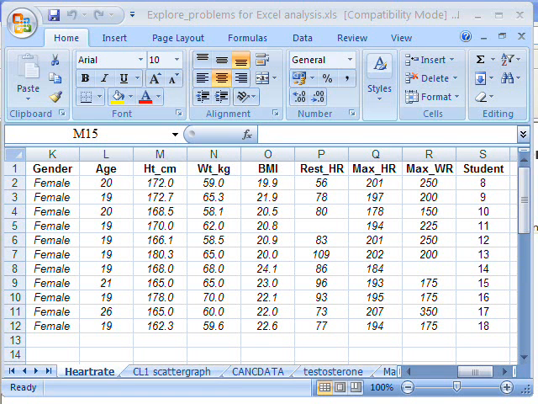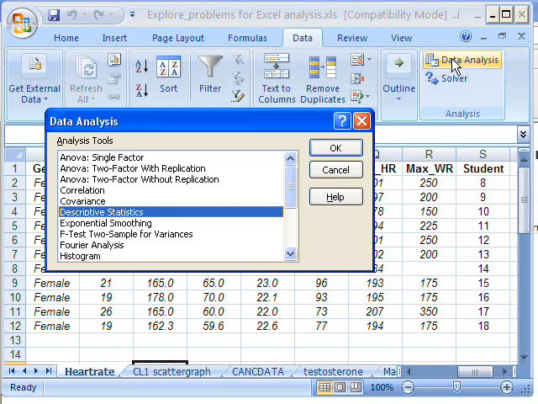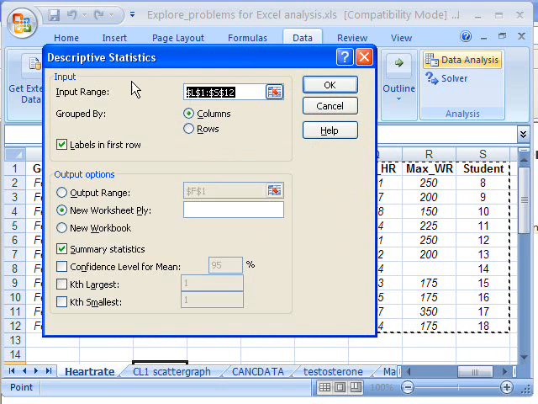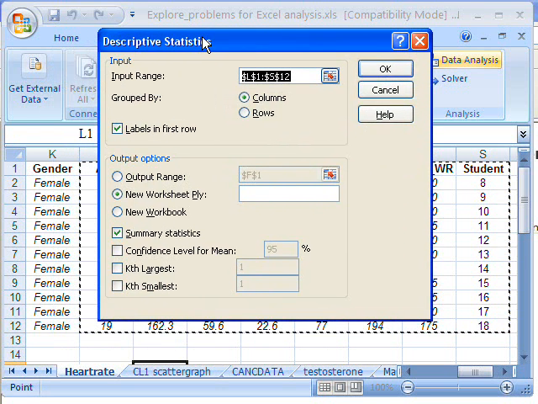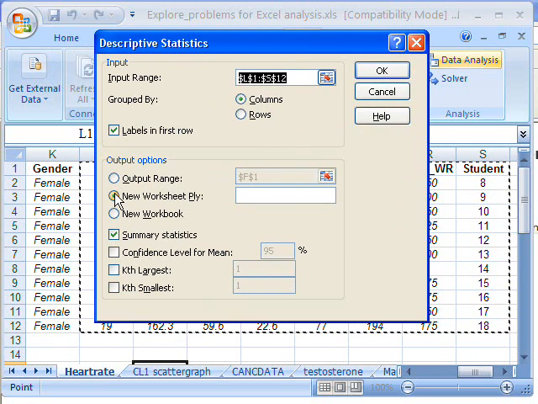I'm going to do descriptive statistics on the heart rate data so I can prepare the data for drawing up a histogram. So I'm going to go to Data, Data Analysis, Descriptive Statistics, and then I'm going to choose the set of data. I've got labels in the first row. I'm going to shove it into a new worksheet ply this time, and I want summary statistics. So I click on OK,